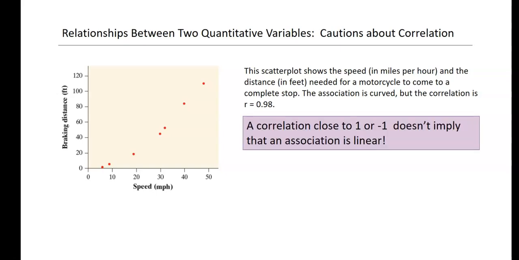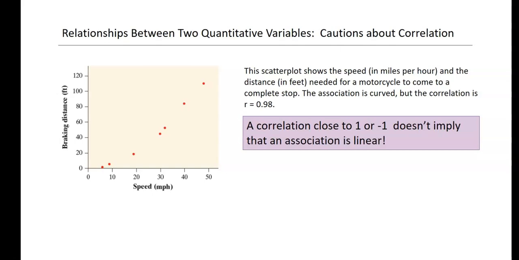It doesn't mean the association is linear, right? Correlation is measuring the linear strength. When it's not linear, you don't want to use it. It's not really valuable there. So yes, the data could be pretty good curved data, but it's not something we want to use